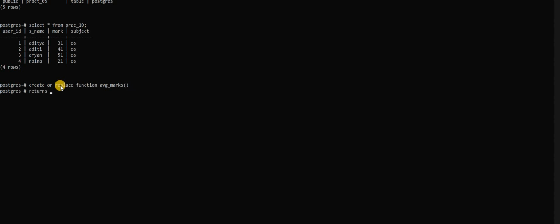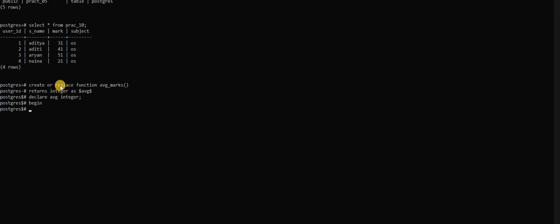Now you write returns integer as, and the body is in $$ signs. Press enter, and now declare avg integer. Declare avg integer; put a semicolon here, and then begin with the implementation.